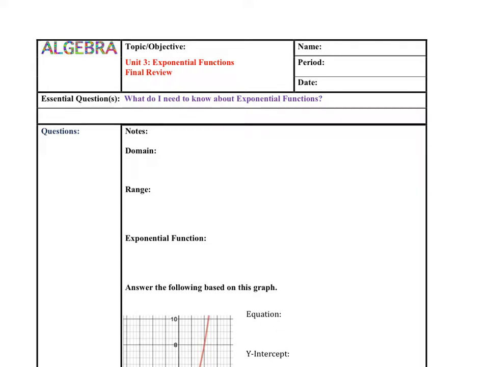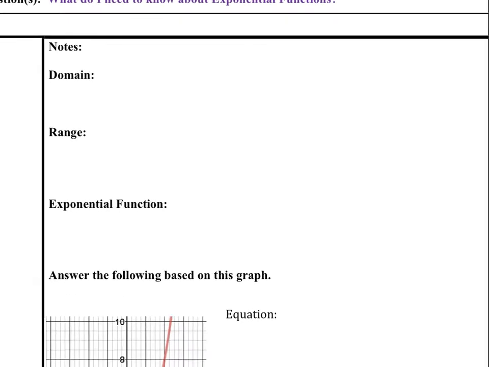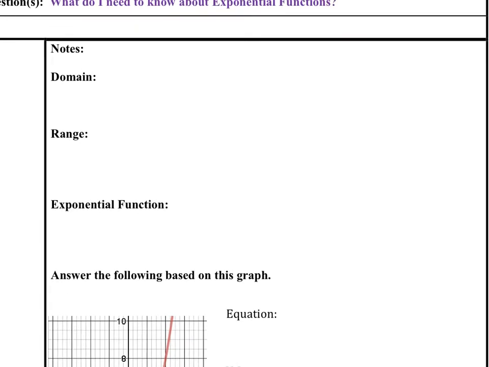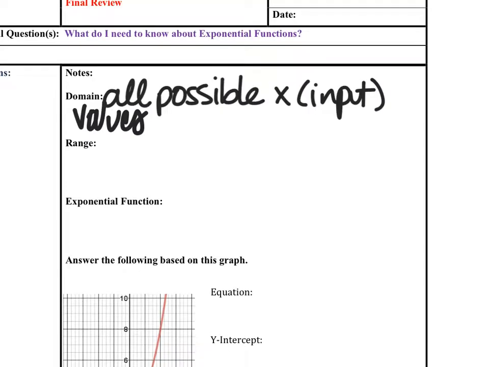Today we're reviewing exponential functions. First up, we're going to talk about domain. Domain is all of the possible x values or input values in the function. Sometimes this will be written as a list if you just have a set of points or a mapping,